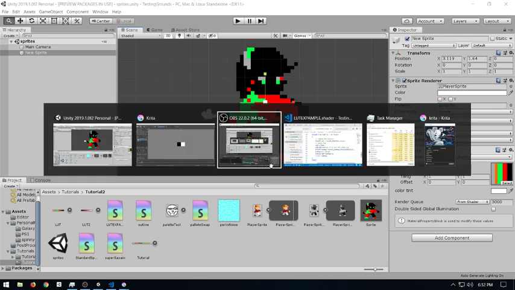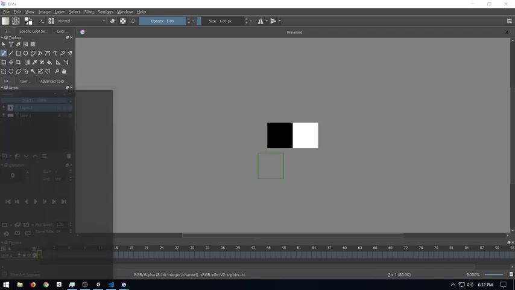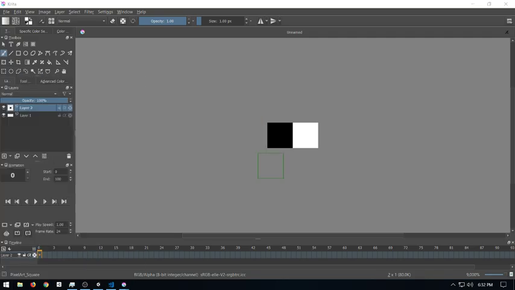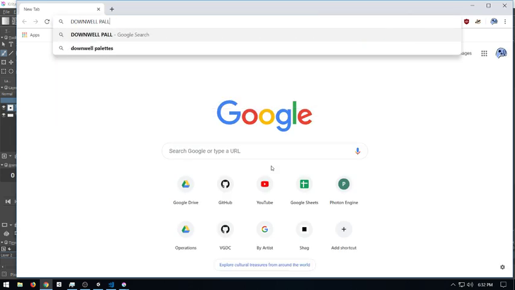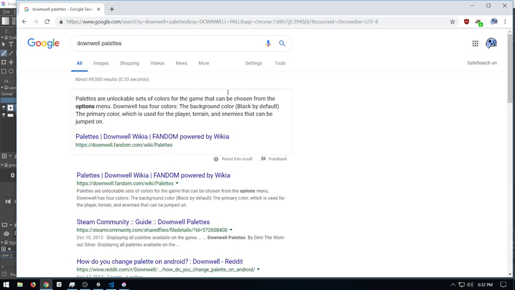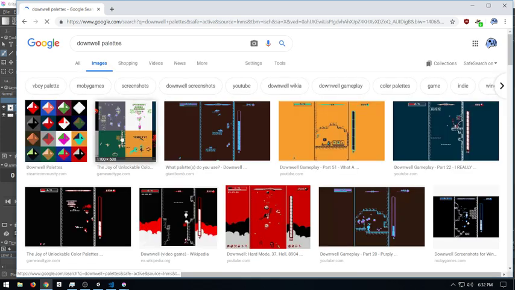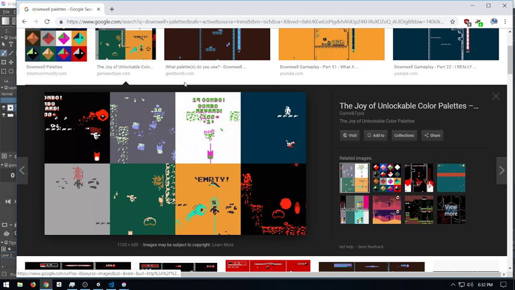A good example of this is Downwell. Has anyone played Downwell here? Downwell is really nice. Downwell essentially has a post-processing that changes the entire palette of the game.